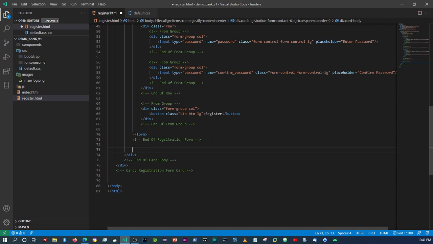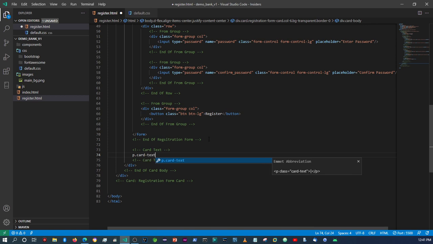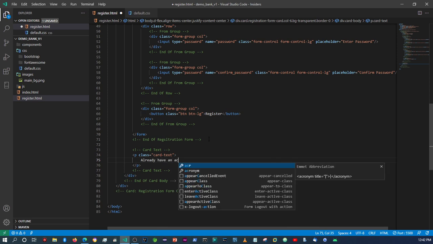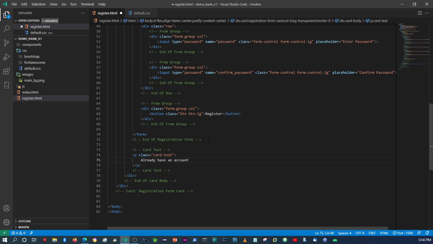Right after the form here, you can just give it a p tag and say card text. And then in here, you can just say already have an account, and let's put a span tag here, and then say sign in,